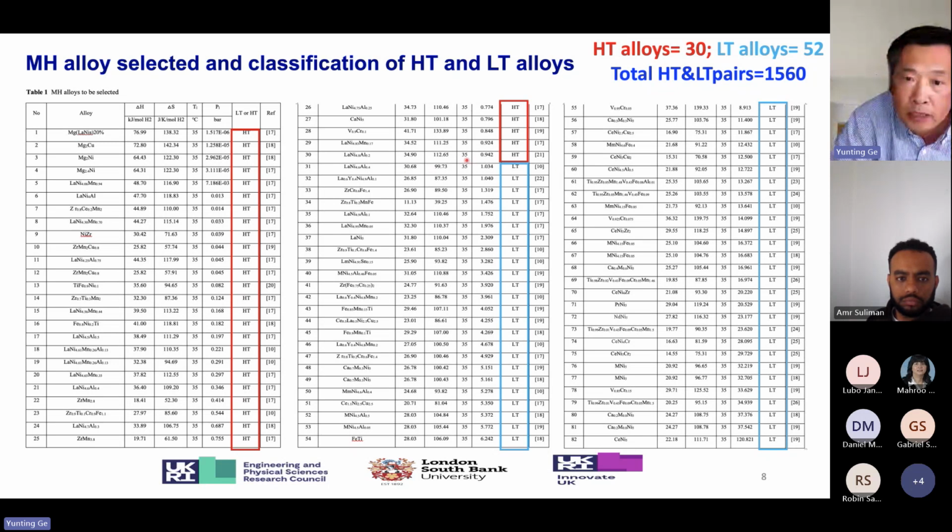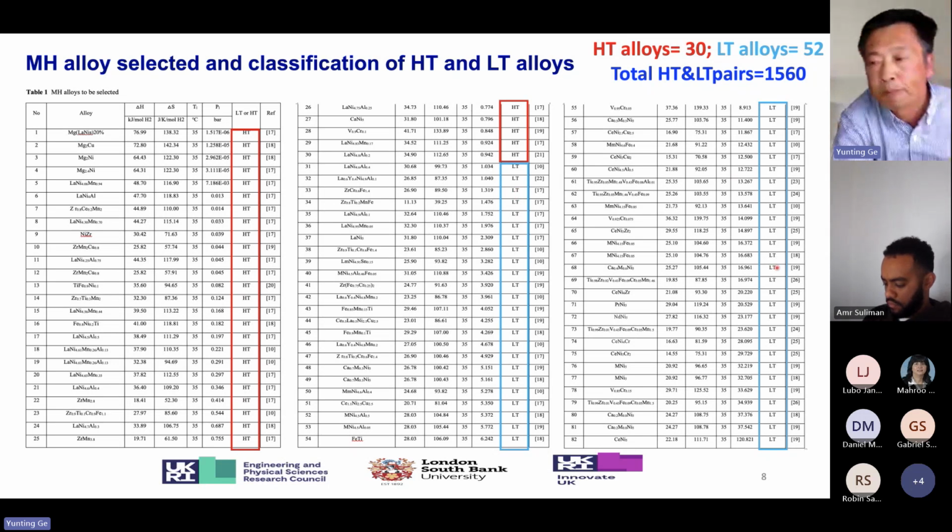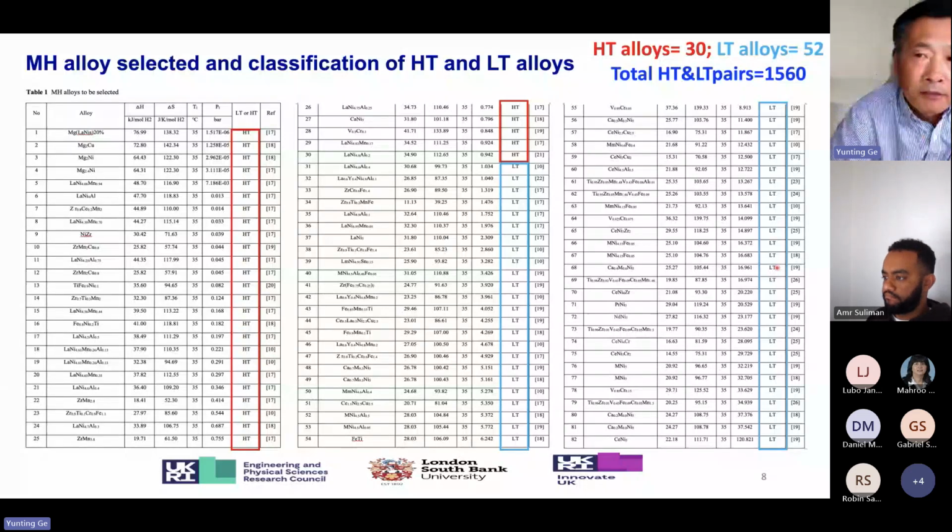If the operating temperature is 35, we can calculate the pressure of the metal hydride alloy. If the pressure is less than 1 bar, we group it into high temperature alloys. At the same temperature of 35, if the operating pressure is higher than 1 bar, we group it into low temperature metal hydride alloys. In the end, of the 82 metal hydride alloys selected, you have 30 high temperature alloys and 52 low temperature